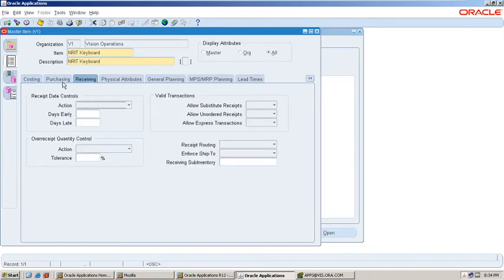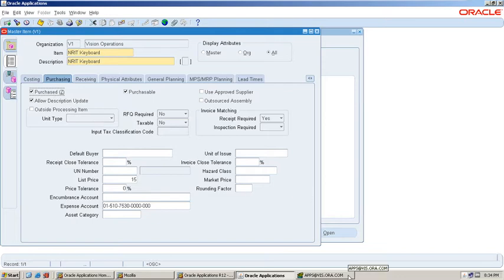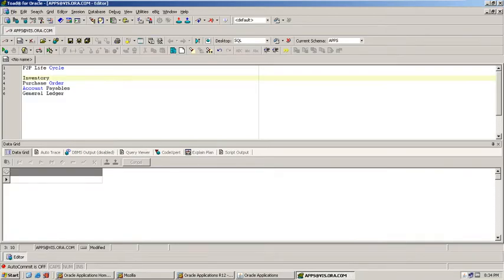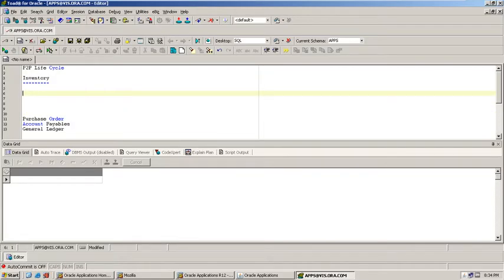Then we will verify the item details through the backend in the inventory module. What is the table name?